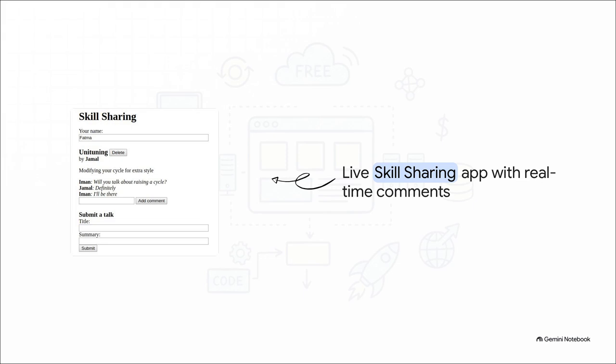And you know, when you look at a live website creating example, or if you're showing examples from app videos, those abstract code concepts suddenly become a visual reality, right? Take this skill-sharing app interface. This isn't just static text. It's set up to show a live view of proposed talks and comments. So whenever someone submits a new talk or drops a comment, everyone viewing the page sees it immediately, no refreshing needed. That introduces a massive technical challenge called long polling or real-time syncing, where the server has to push data to the client instantly. Actually seeing this live interaction is what truly bridges the gap between basic theory and real-world